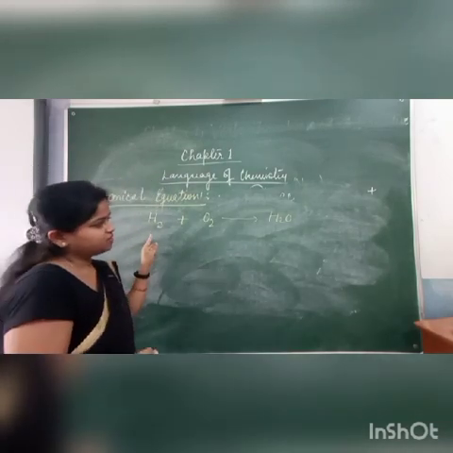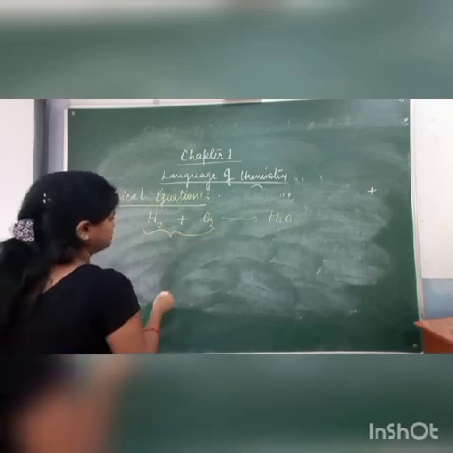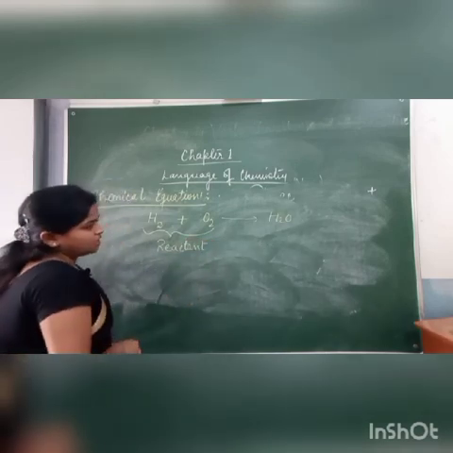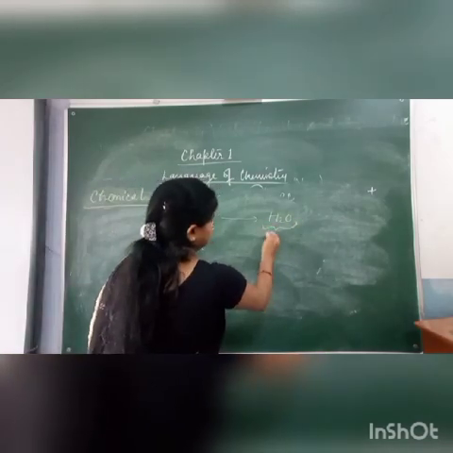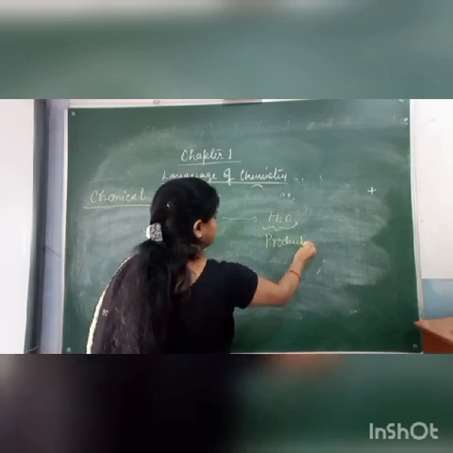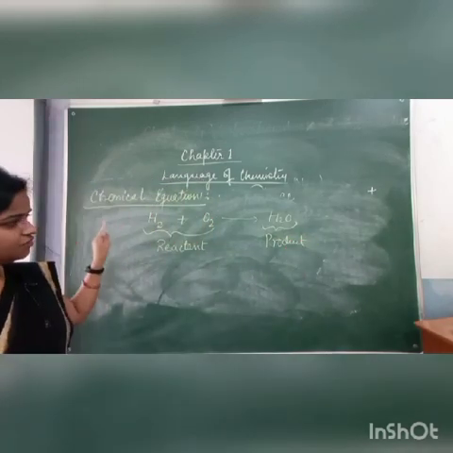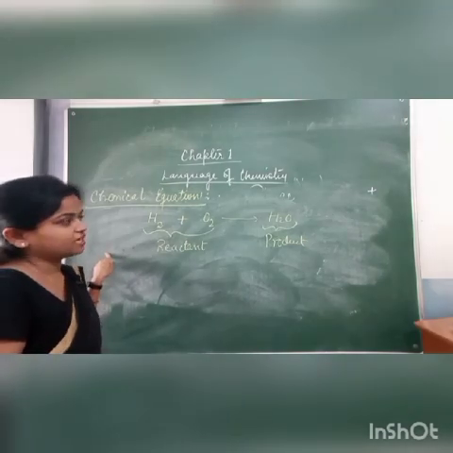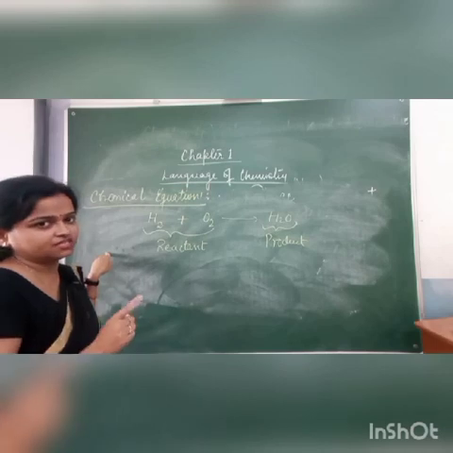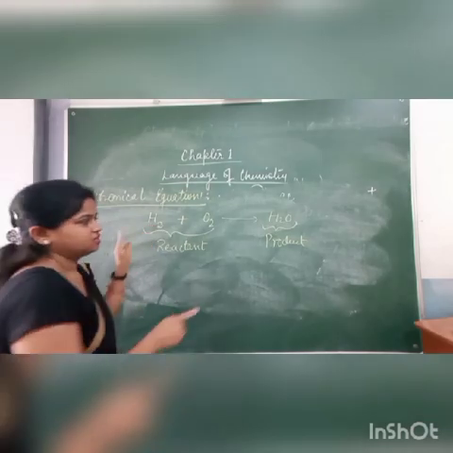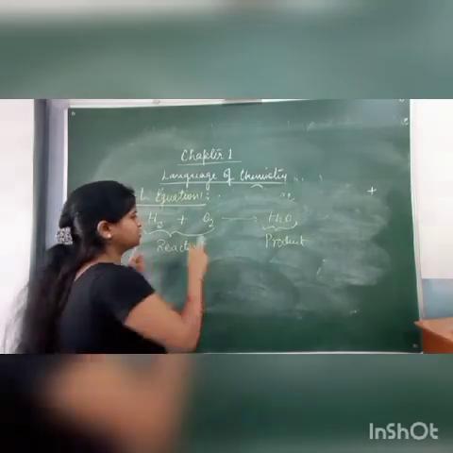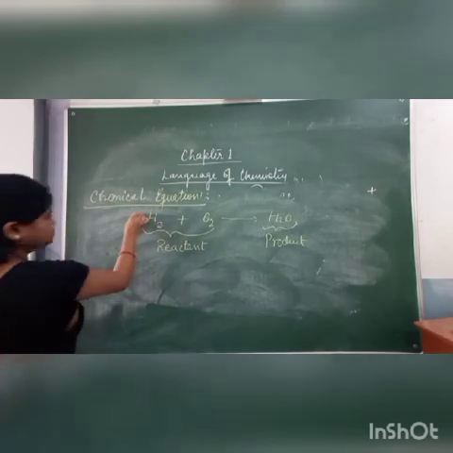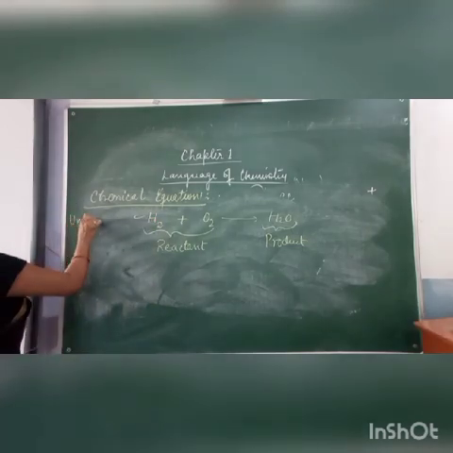Now in this chemical equation, the left hand side is always the reactant and the right hand side is always the product. Okay, and we have to keep in mind, first we have to check whether it is balanced or not. So we calculate the total number of atoms of each element present. Here there are 2 hydrogen and here 2 hydrogen, so hydrogen is balanced. Here there are 2 oxygen and here 1 oxygen, so oxygen is not balanced. Therefore this equation is called an unbalanced equation.